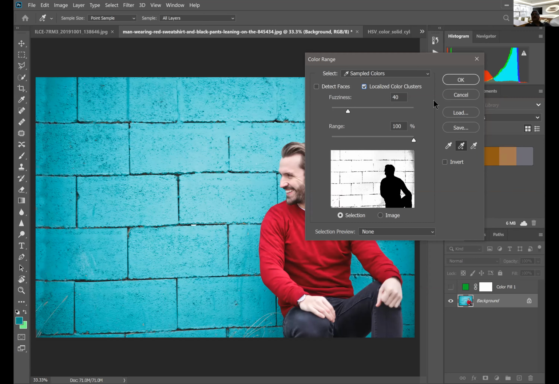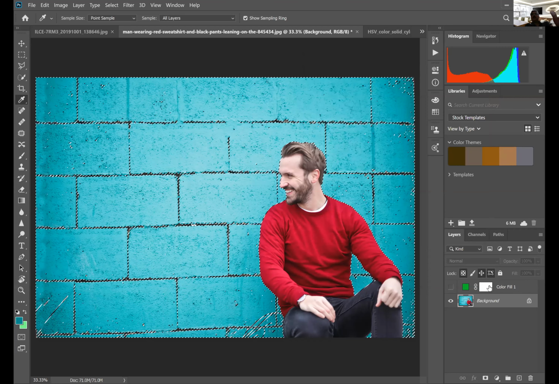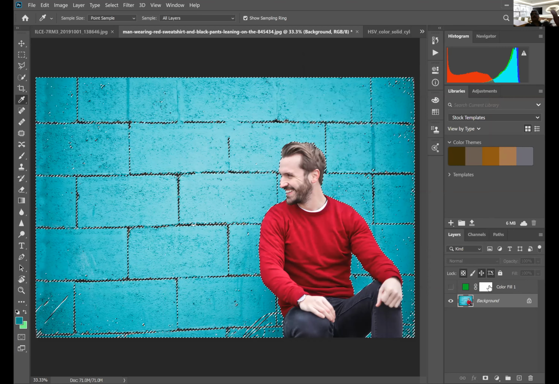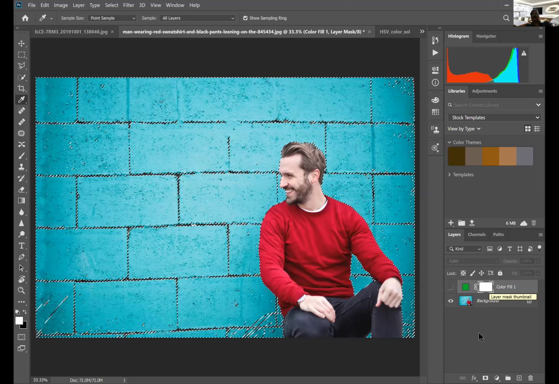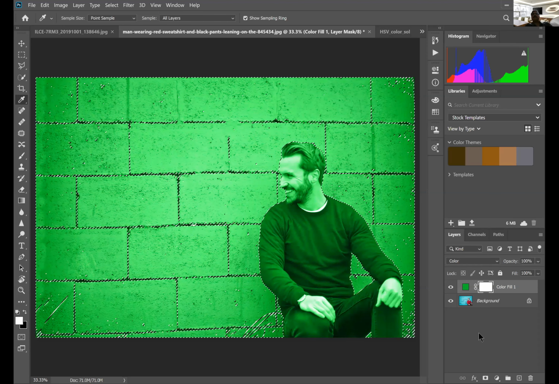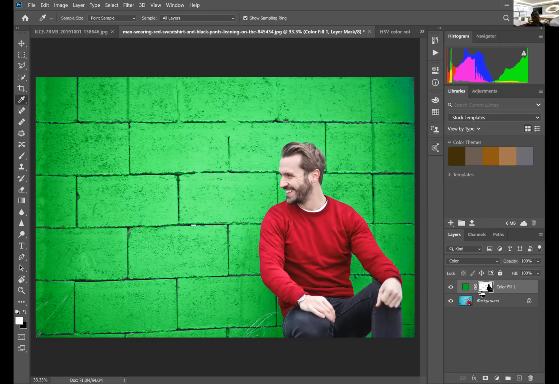So now it's selected. The selection is there. Now go to the mask, enable the layer. Yeah, you have to enable the layer. Okay, I'll enable the layer. Now Control I. So now it's become the reverse. So I have to deselect it and press Control I again. So he is selected and the background is now green. You can adjust this selection by again using the brush, but I'm not going to do it.